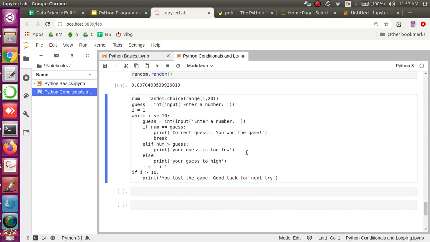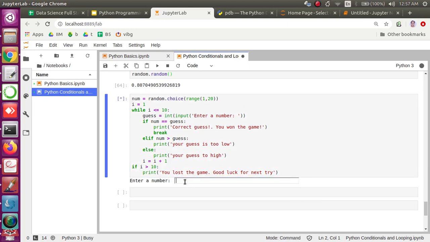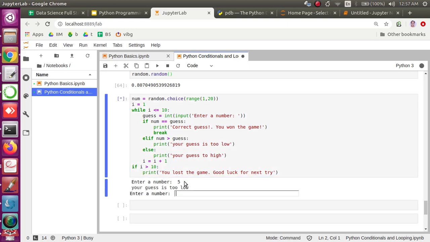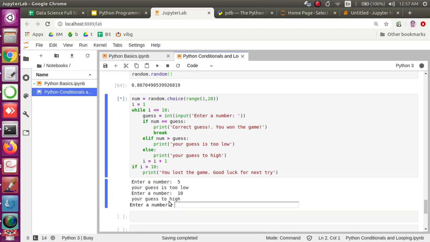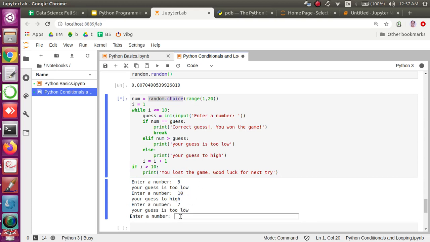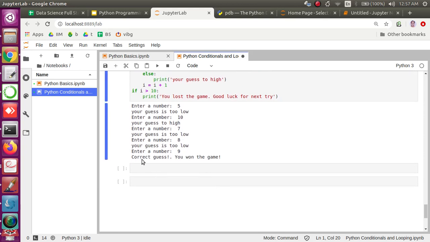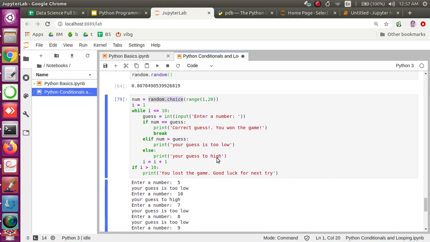Okay, perfect. Let me run once again. I have to remove this, we don't need it, because it was asking two times. So now this time I give 5. It says your number is too low. So maybe I try 10. Here it says the number is too high. That means the value generated by the random function must be between 5 and 10. Let's try 7. It's too low. That means it is either 8 or 9. So I try 8. It still says too low, so then 9 is the answer. So that's how your guess is correct now, and you won the game.